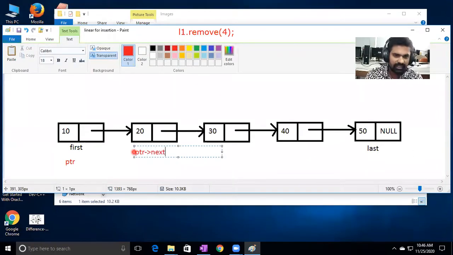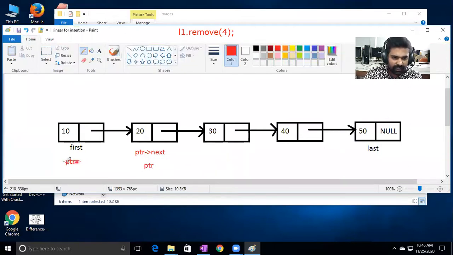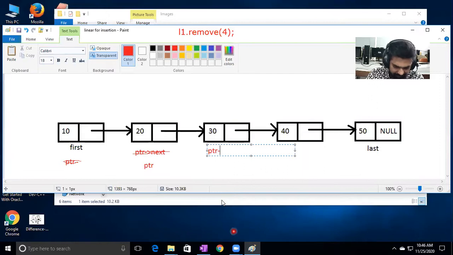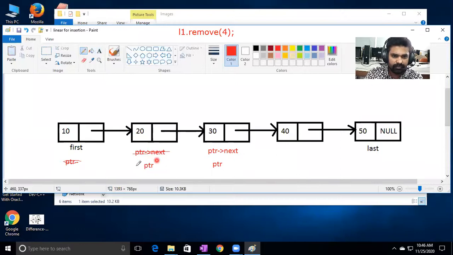So make pointer next the pointer. Now the second node is the pointer, and the third node is the pointer next. Make this the pointer now. Now the third node is the pointer, and this one is the pointer next.